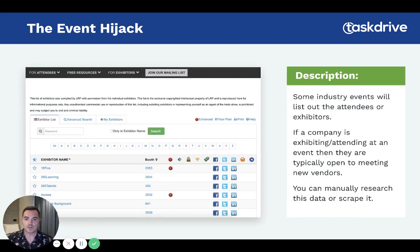The event hijack is a great playbook when you know that a number of your key target audience are going to be attending events. Some events even have apps that you could go through manually to pull out the data of the people who are attending. Other events actually list the exhibitors that are attending,